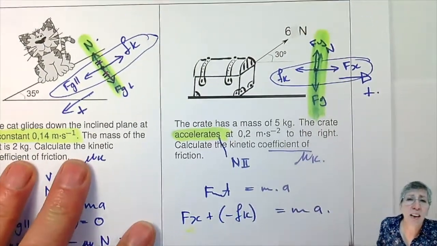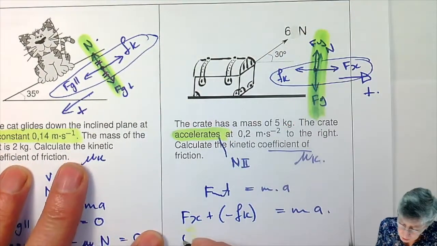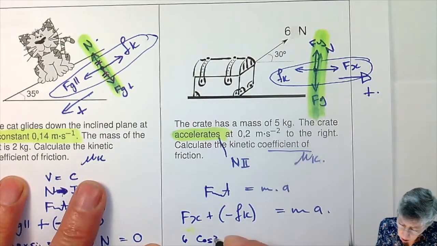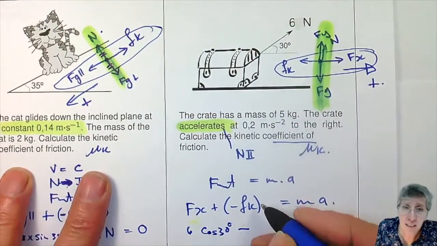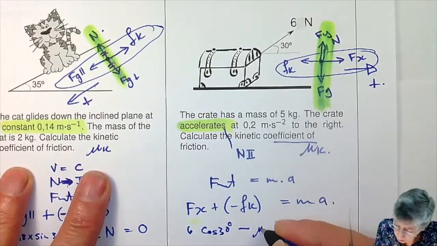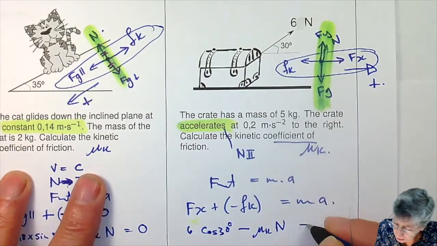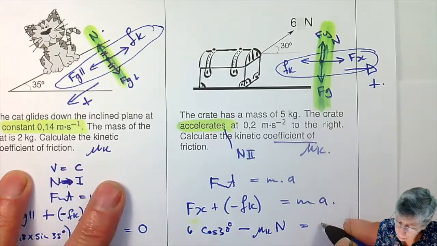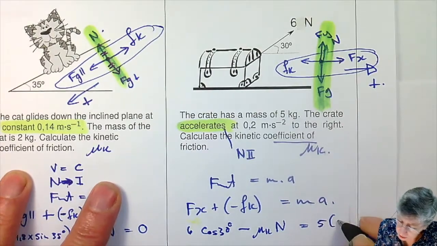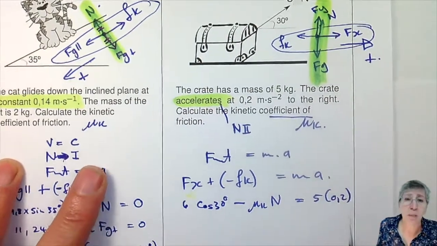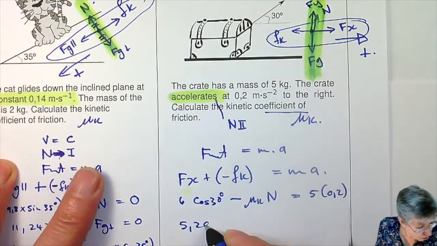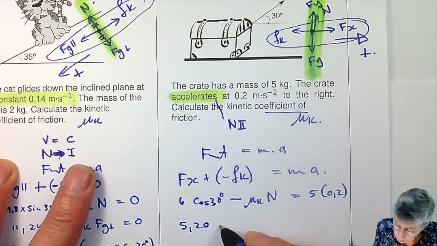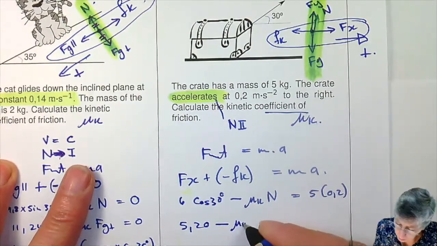Right, how do I get the x component? That will be 6 times cos 30. Right, I have the angle with the horizontal. Right, minus, I'm looking at the frictional force. That will be mu k times N, and that will be equal to the mass of 5 times the acceleration given to me, 0.2. Right, so here I end up with 5.20 and minus mu k, and now I have